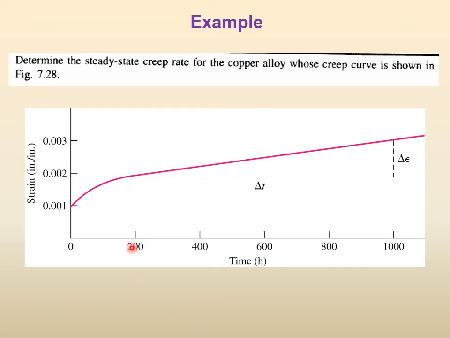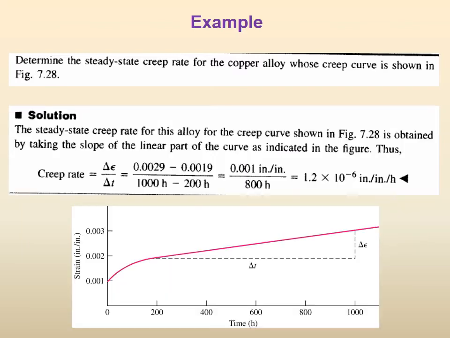Right. So here, for example, make a line on 200 and read the value, and make a line on 1000 and read the value, and that is it. Now, the time difference is 1000 minus 200, and the strain is this strain difference, right. If the actual graphs are there, then these rates are there, and of course, if these graphs are drawn on Excel or some drawing package, then you do not even need to do this calculation. You can find the slope directly from the package. So there is nothing, you just record what the values are at 200 and at 1000 hours.